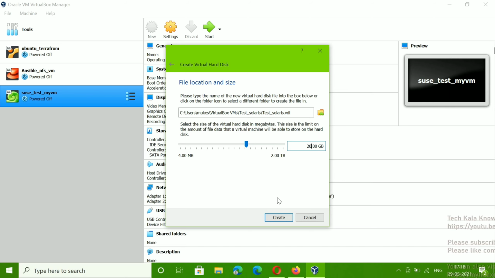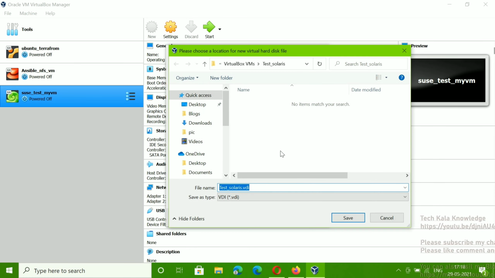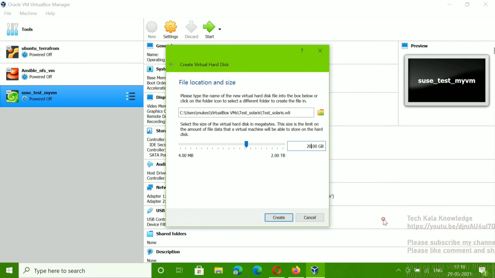By default, it selects my home directory, where it is going to create the file. If you want to change the location, you can click here and change it. You can check on your laptop or desktop where space is available, and change the path accordingly.